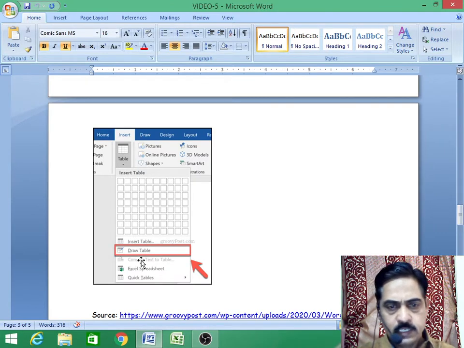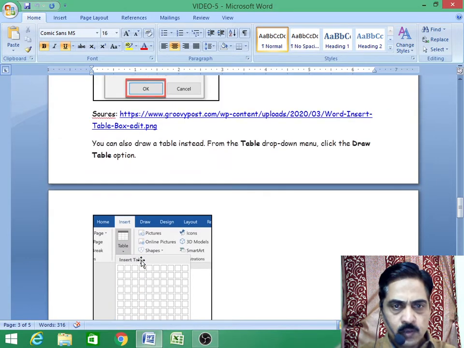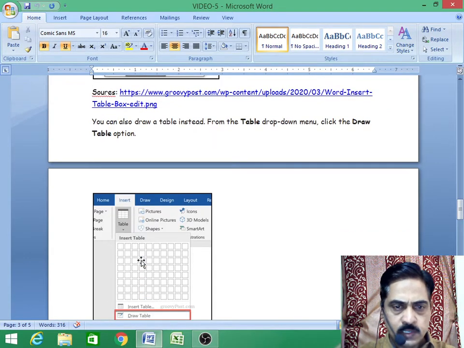Second method, again we have to press or click on the insert,